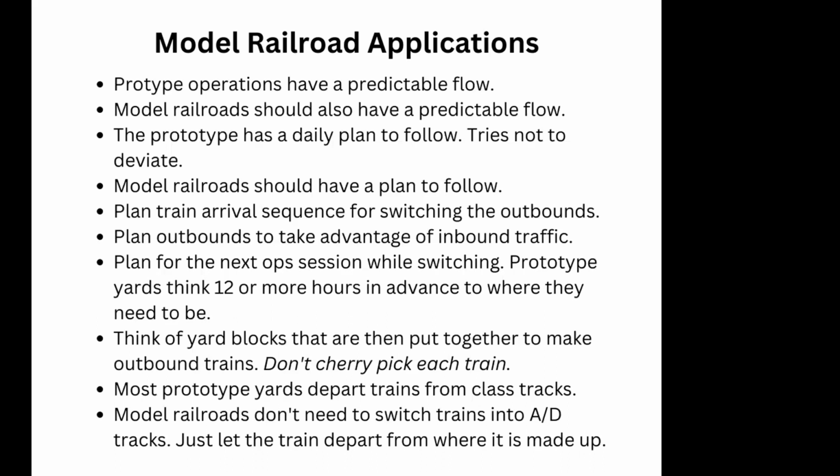So, sort of make a plan, because most model railroaders, we just don't make a plan. It's just, there it is. Let's do it. Let's get our cards and let's go out there and run trains. So plan the arrival sequence of your inbound trains for switching into your outbounds. And plan your outbounds to take advantage of the inbound traffic as it's coming. And plan for that. So while you're switching, you're actually building trains to start your